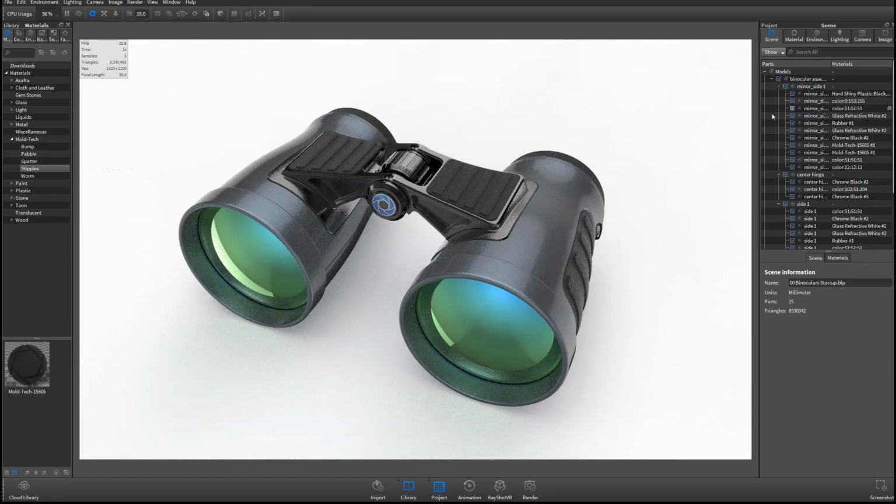Another thing that we've added within our scene tree is the ability to filter, right? So under show, you could always search, but now you can actually filter between parts and lights. Those of you working with physical lights in the scenes, and we'll talk about those a little bit later on, now have an easy way of filtering those, because since we apply light as a material to an object, your lights are going to be pieces of geometry here in your scene. So it's a small change, but something that's really, really nice.